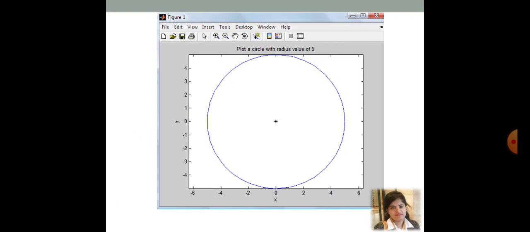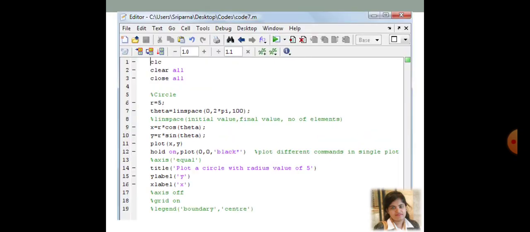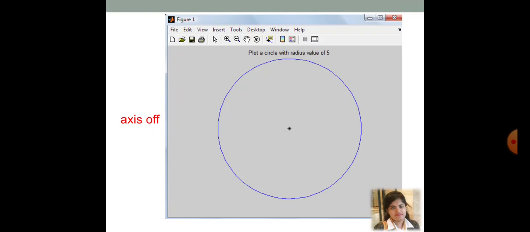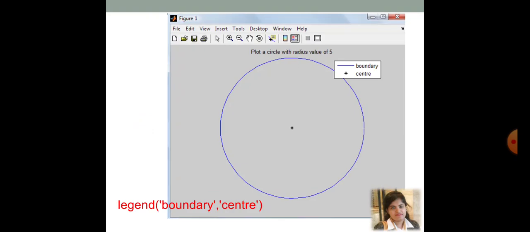So I have talked about three different types of generating figures. This is the first figure I have calculated. Now in this particular figure you can check that the axis ranges for x and y are not equal. If you need to make them equal, you need the function given in the line number 13, axis equal. Now if one needs to remove the axes, then the function is axis off. And now if you need a better idea of which value is which, then this is the legend function.